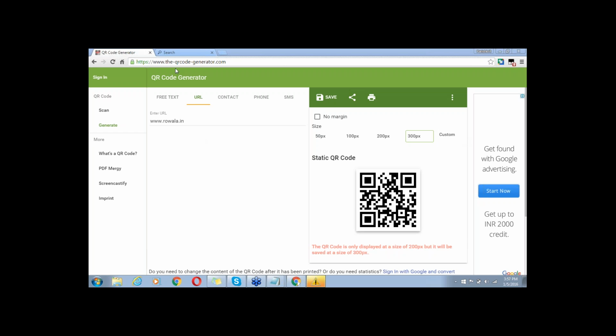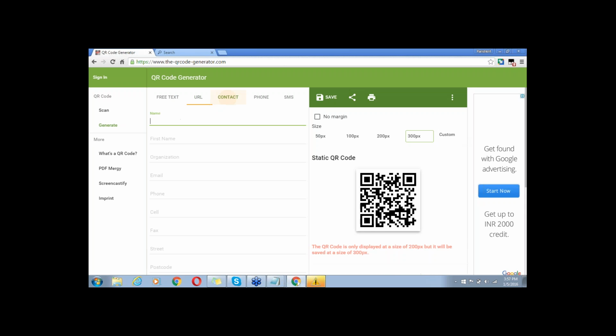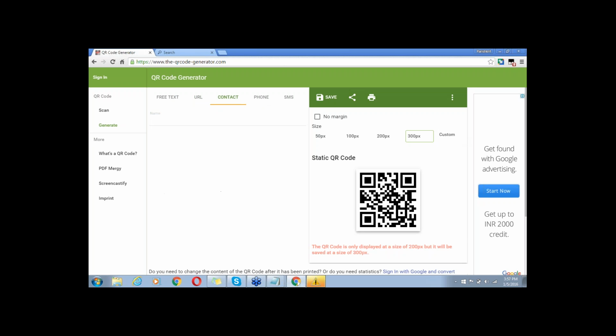You will go to this QR code generator. You will decide what quick response you want to provide, and you will provide the information, कि अगर contact details डालना है या phone number डालना है या SMS send करना है. So you can decide what kind of quick response you want to give, and accordingly the corresponding QR code will be generated.